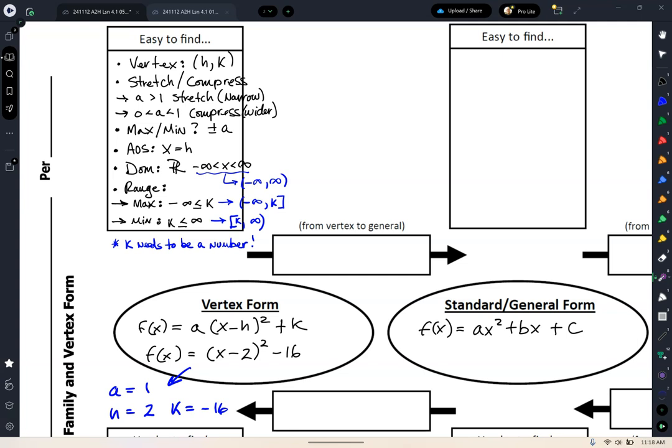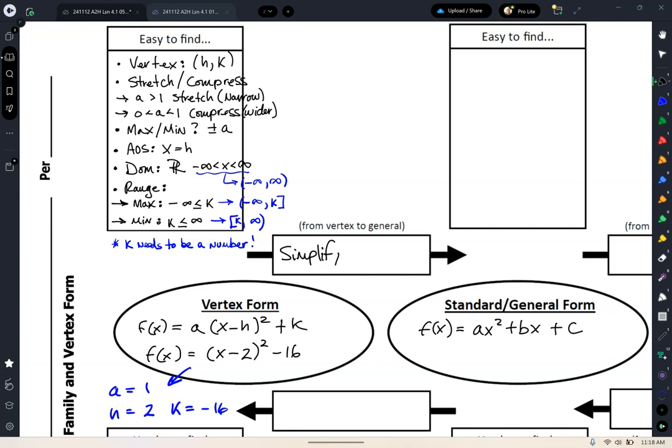Everybody good? Okay. So the transformed version of this is what we call vertex form. And the reason why is because the vertex stands out very clearly to find. Everybody good? All right then. Okay, so let's talk about then, how do we go from vertex form to standard form? Because it's not just another form, it's mathematically connected, right? And that's part of the whole idea of what we're doing here, to find these mathematical connections and know them. And so to do that, we are going to